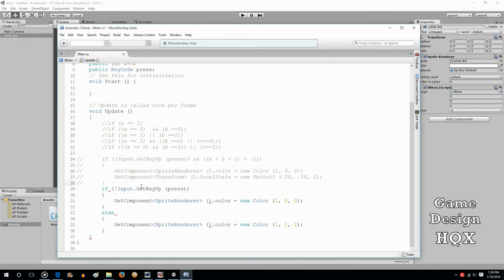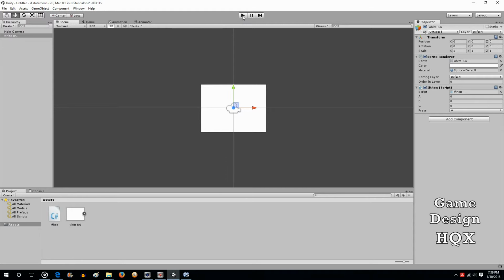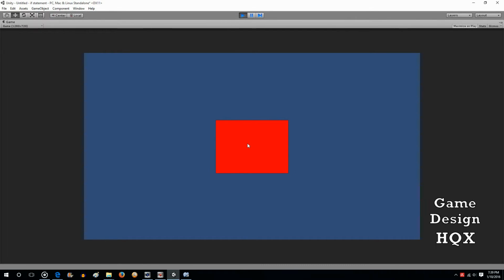So this is saying if this input, if we're not getting key up on this, then turn red, which means it's red except for the moment you get the key up. Else, so in other words, in this case, the else is a positive, that if this is happening, then go to white. See, it's red because we're not getting the key up. And then when we get the key up,